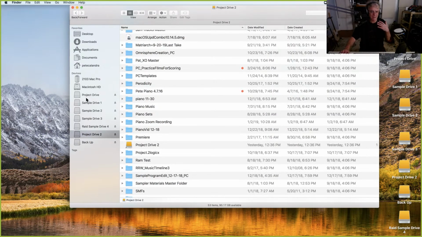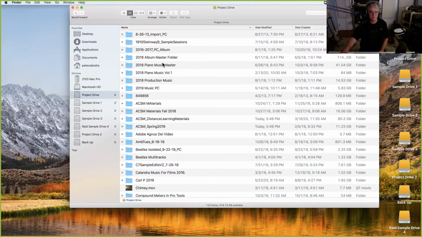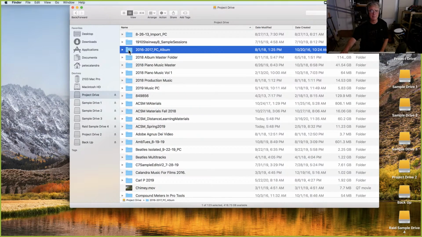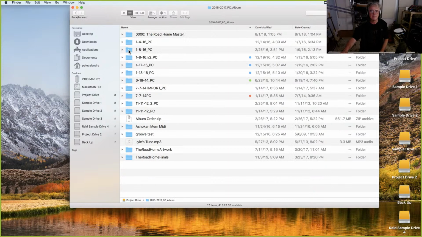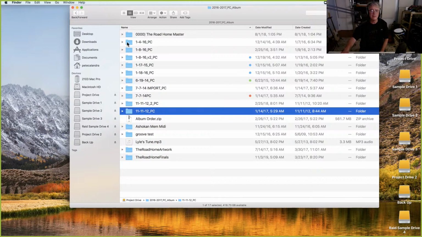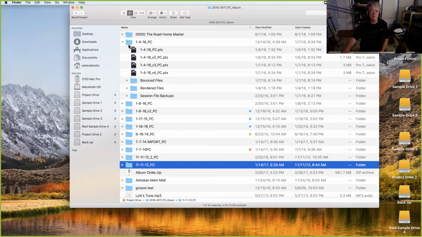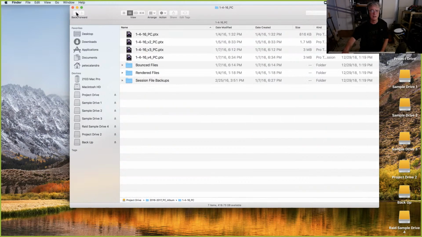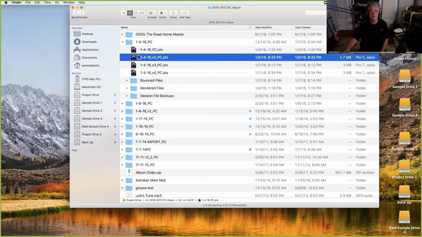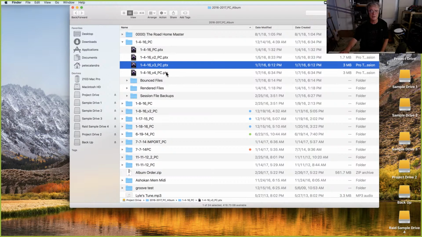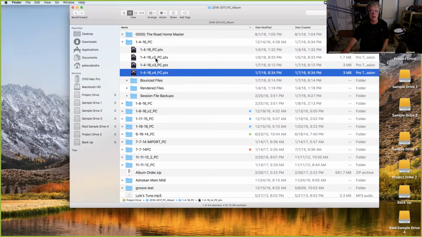So I've organized, let's look at my project drive for a second. This is my folder for my 2017 album called The Road Home. If I open this up, you'll see that I've got all my compositions for the album as I was working on them. And if I open this up, you'll see this is my Pro Tools session folder. Inside the session folder are these .ptx files. They're the session files. And notice I've kept a diary. I've got version 2, version 3, version 4, and then